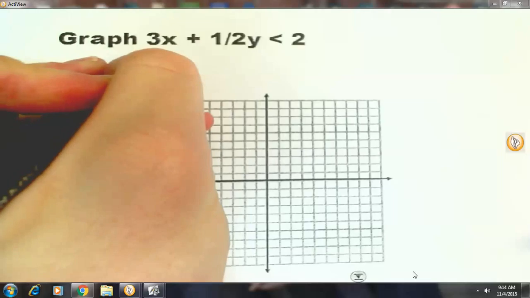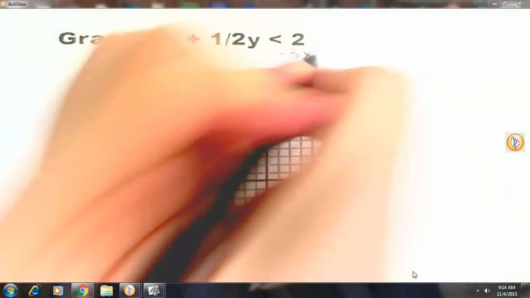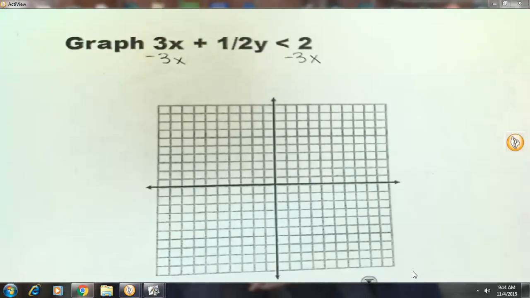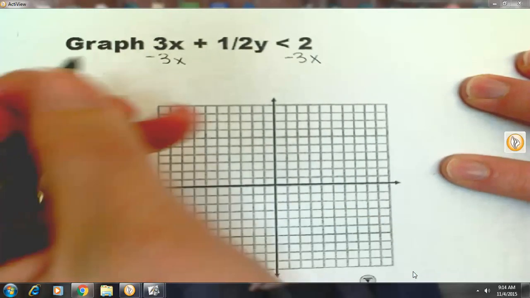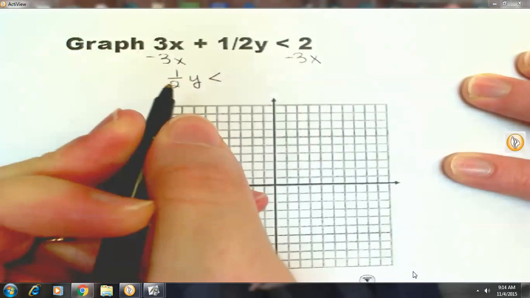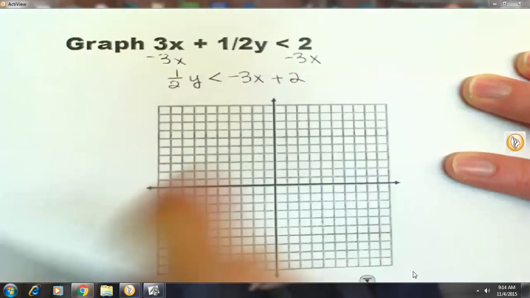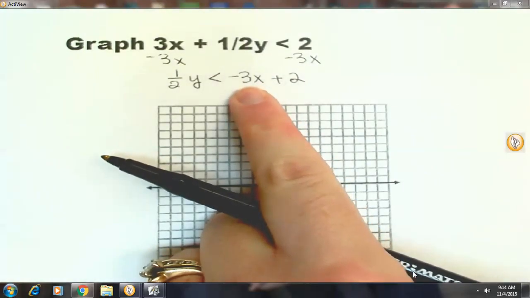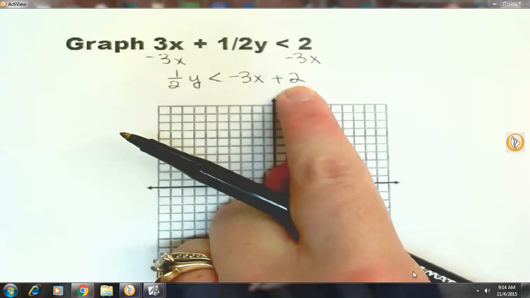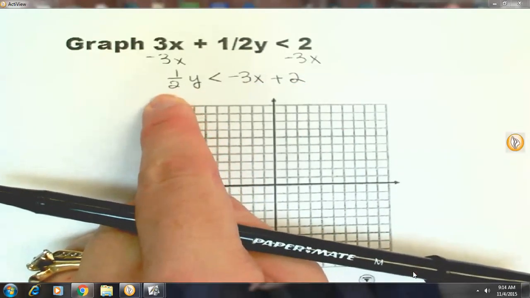To start, I'm going to subtract 3x from both sides. When I subtract 3x, I have left 1/2 y is less than negative 3x plus 2. If you remember back to slope-intercept form, we want our x term to come in front of the constant. All right, we're solving for y, so now we need to undo this 1/2. Anybody have an idea of how we can